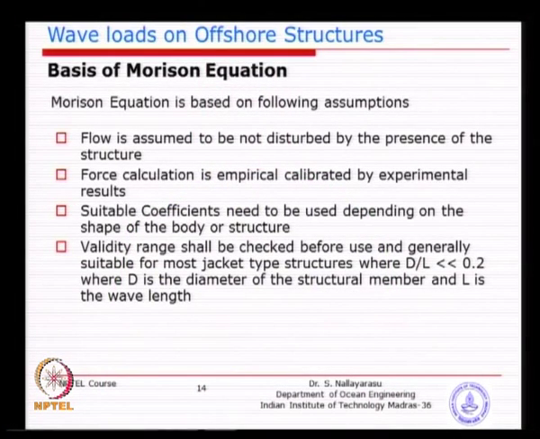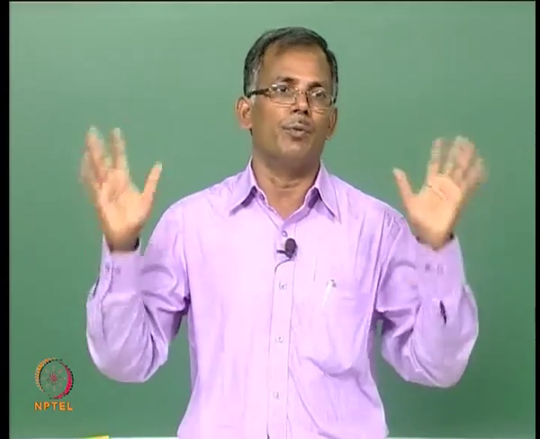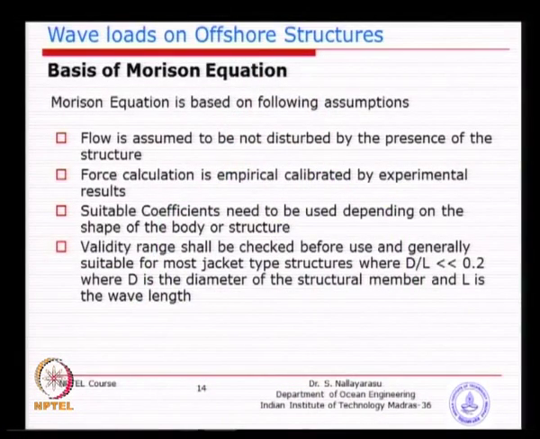So, this assumption is that the flow is not disturbed. That means the fluid is not able to see that there is an obstruction. That is the first assumption made by Morison, that the structures are transparent to the flow. You may not even agree with this idea, but in trying to describe this flow mathematically, he found that this is very easy, but he later made corrections to these assumptions. Force calculation is based on an empirical or so-called semi-empirical approach, where some sort of explanation is given to correct the calculated forces by experimental results.